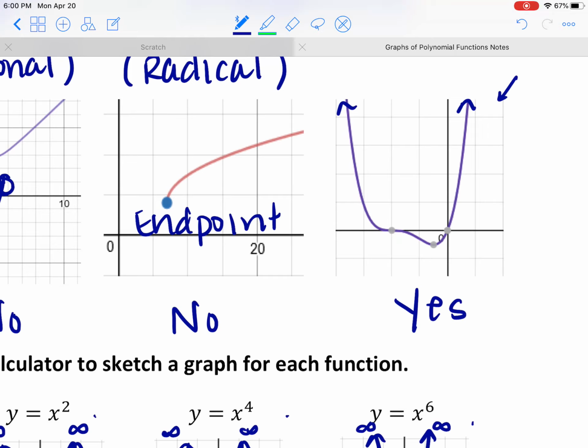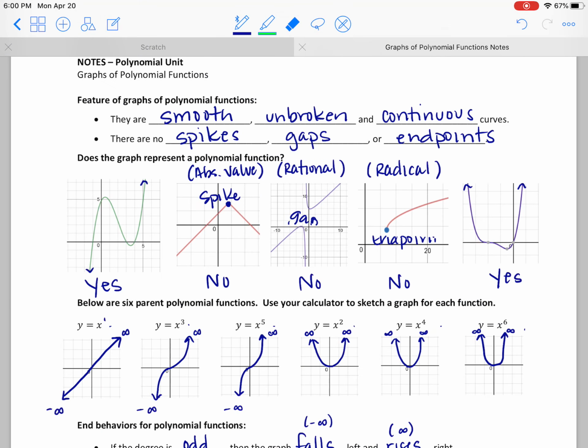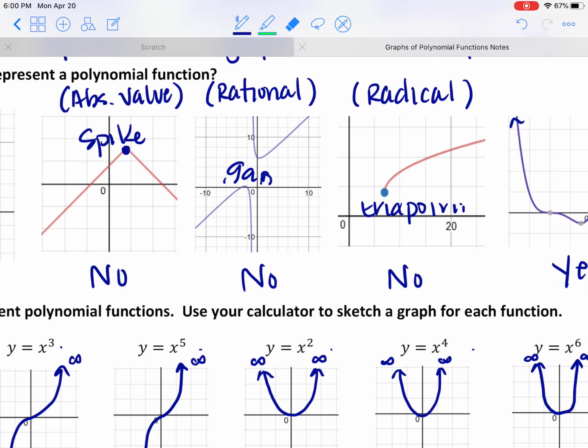And so that helps us when we're looking at, like, this function here. This one we said was definitely a polynomial function. Now I know when I'm looking at this, because these end behaviors match, that this had to be an even degreed function, right? It had to be an x to the fourth or an x to the sixth or something with an even degree, because both of those ends are going up. And then likewise with,